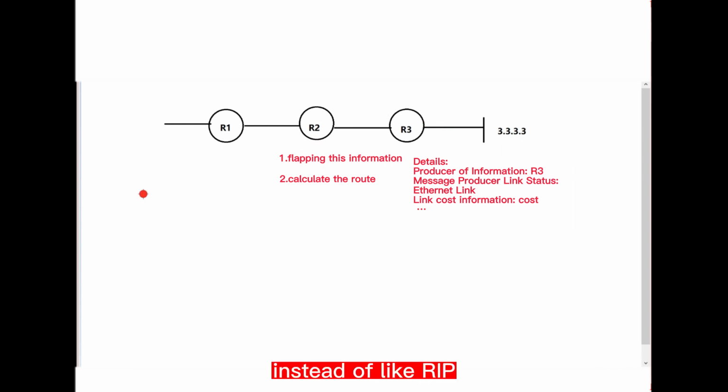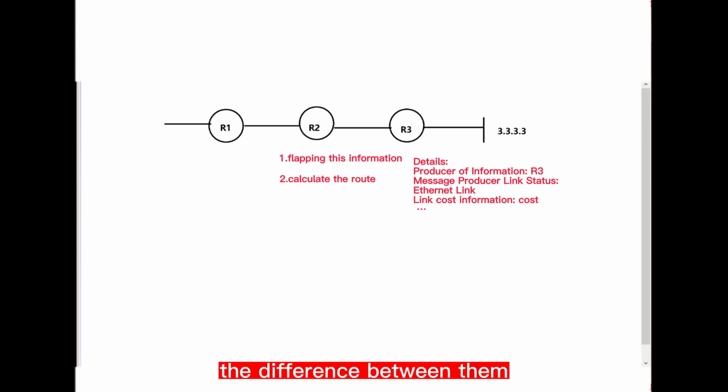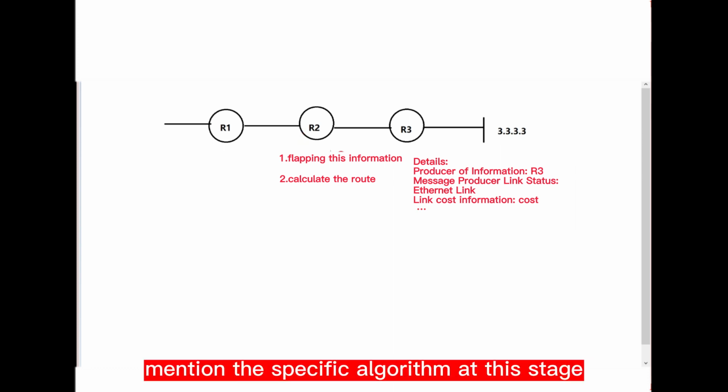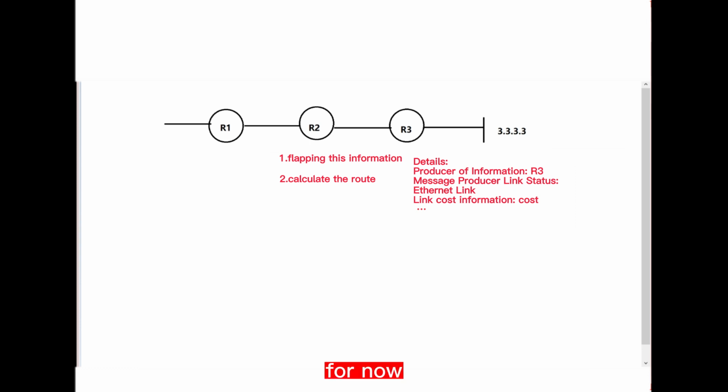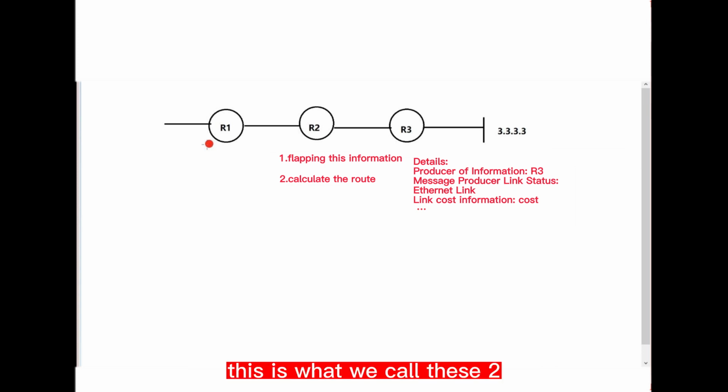Instead of like RIP, there is a global concept and a concept without a global. The difference between them, we will not mention the specific algorithm at this stage. For now, here are its two steps: first flooding and then calculation. This is what we call these two. So for the whole process now, everyone also needs to know: